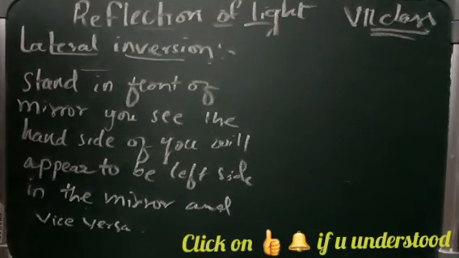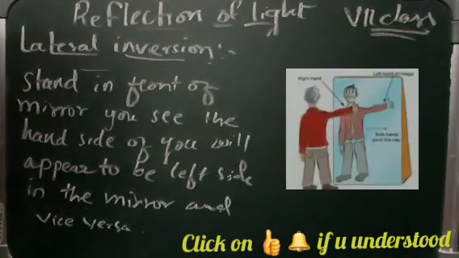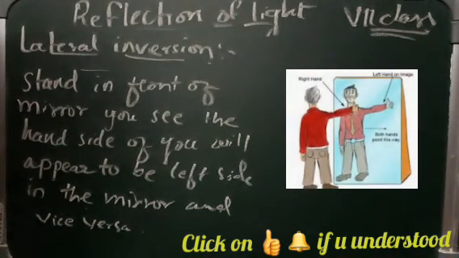So raise your right hand in front of the mirror, and see what change you see in the mirror. To make your image comb hair with its right hand, what will you have to do? In a mirror, the right of an object appears as left, and the left of the object appears as right. So this is called lateral inversion. In detail, you will be learning in your higher classes.